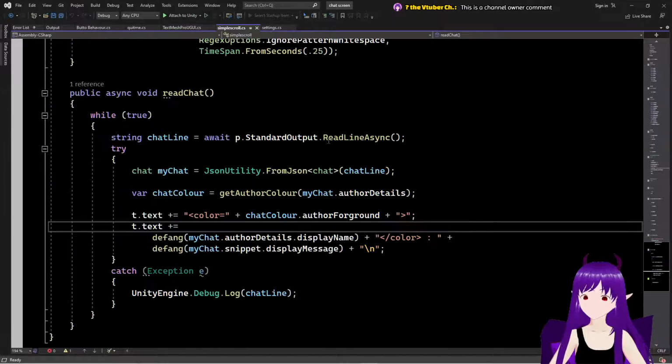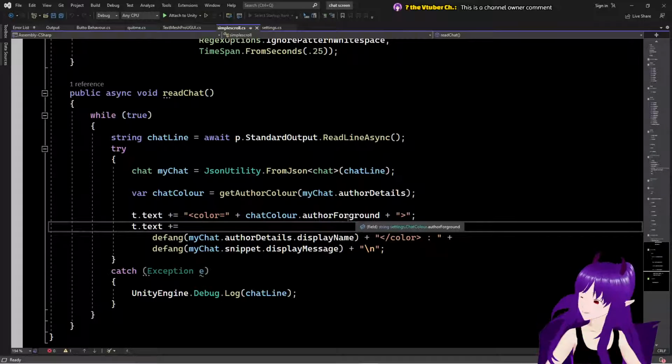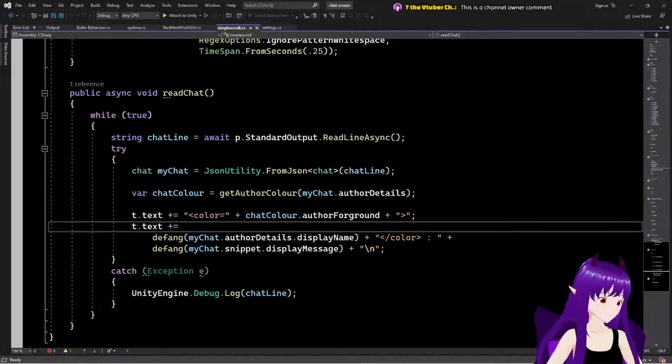Right. So, color equals close color. So it's just the fact that we don't have, and once again, I'm going to have to